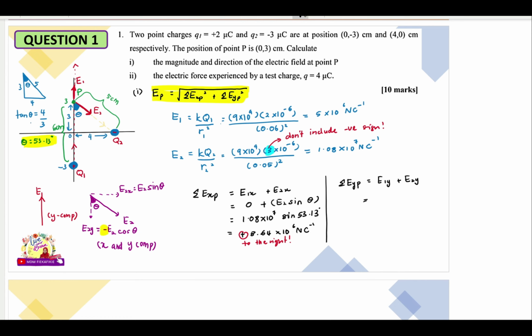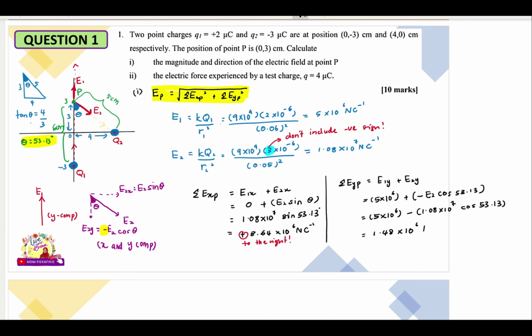So, E1Y, so tak ada angle. So, kita boleh masuk terus nilai dia. 5 times 10 power of 6 plus E2Y adalah negatif E2 cos 53.13. So, E2 tadi kita dah kira kan? So, kita just substitute all the values. So, E2 1.08 exponent 7 cos 53.13 and EYP, that's mean total electric field in Y component at point P, okay, it should be equal to 1.48